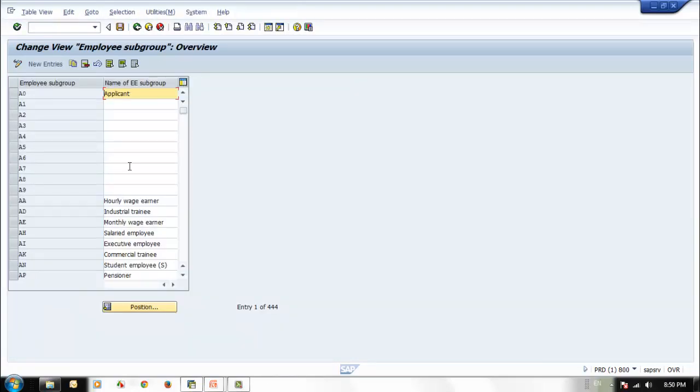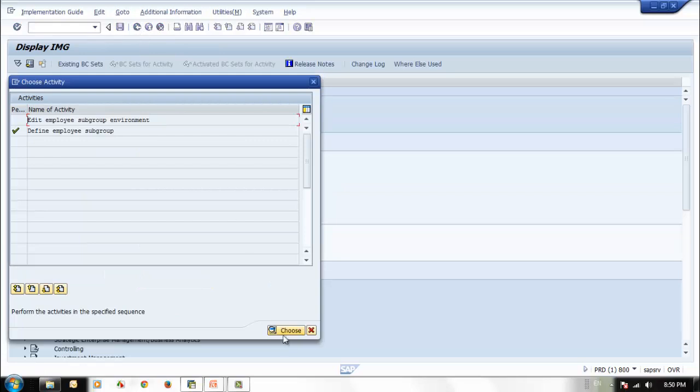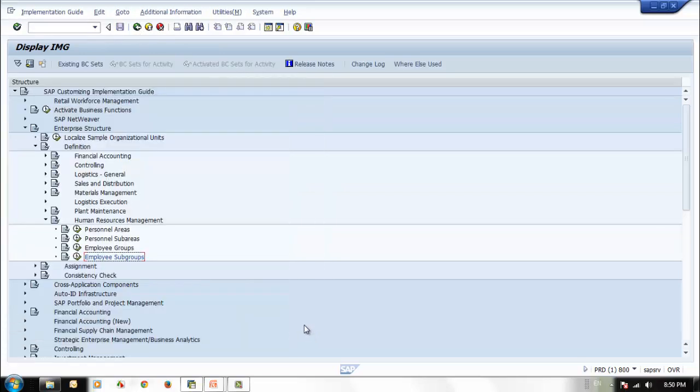Choose. So these are all the employee subgroups which are presently available. The reason why we need to know this, you may not do this customizing activity in a project, but when you're designing an authorization concept, it is always better to know how to find this information. When you find this information, then you are sure that you are not depending on somebody else to clarify this